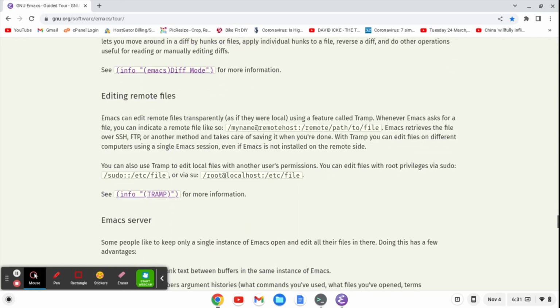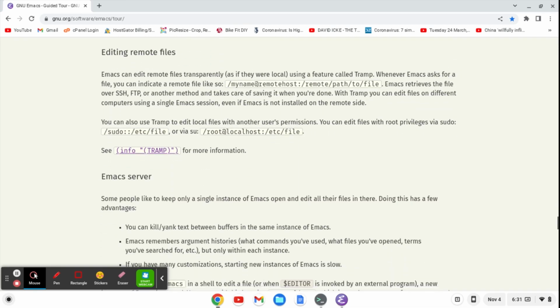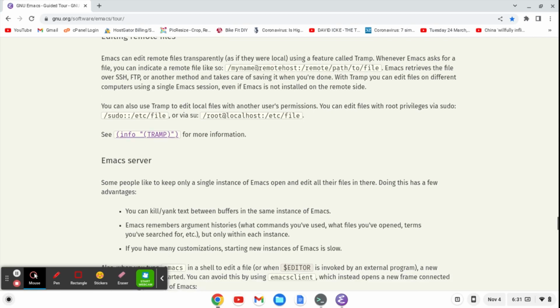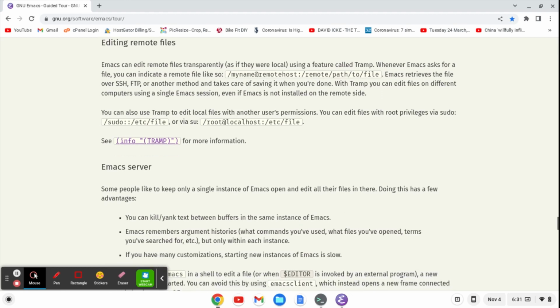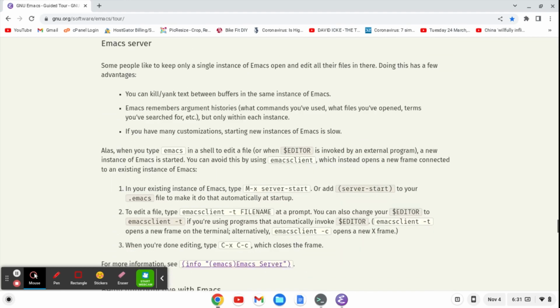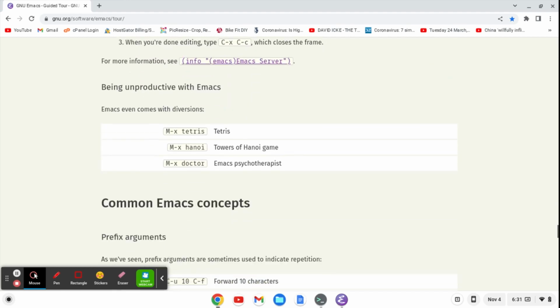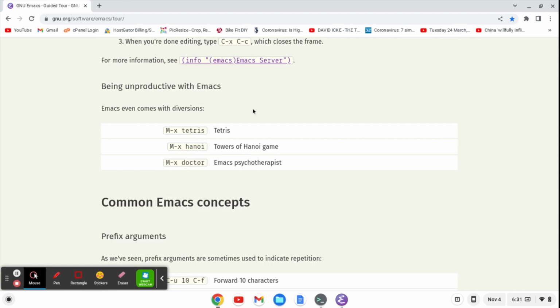This is just an intro to this mega tutorial. So I'm just kind of running through this. It's just kind of like, I'm just going to turn on and start recording here. You're on a server, okay, being unproductive with Emacs. So we could do Tetris,